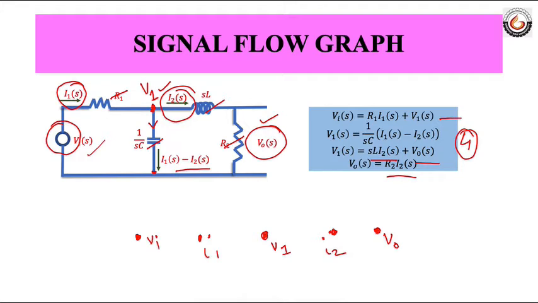So how do we connect these nodes using signal flow? We said we are using the equations to find out what will be my signal flow graph. So I have certain equations which relate these variables. Now I find the right gain which will connect these things. So first, what is the connection between Vi and I1? So Vi is nothing but R1 I1.